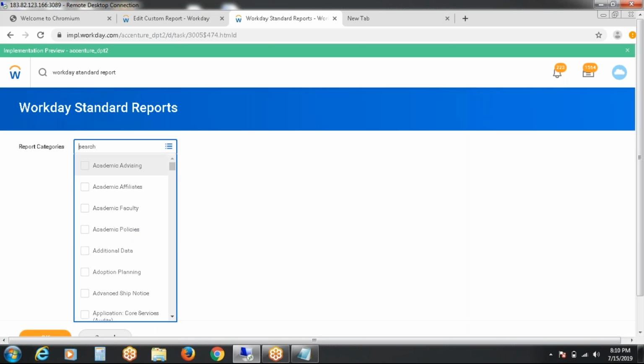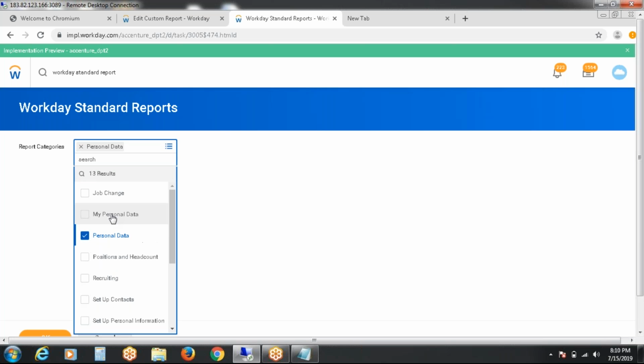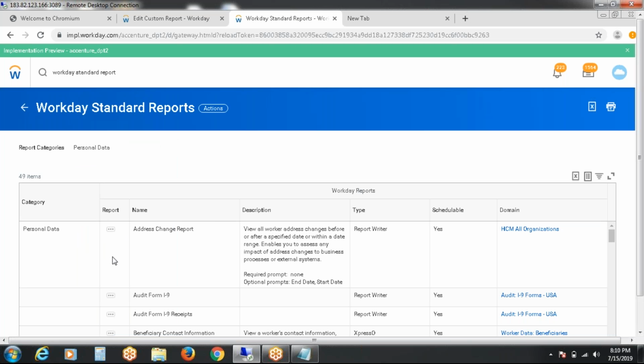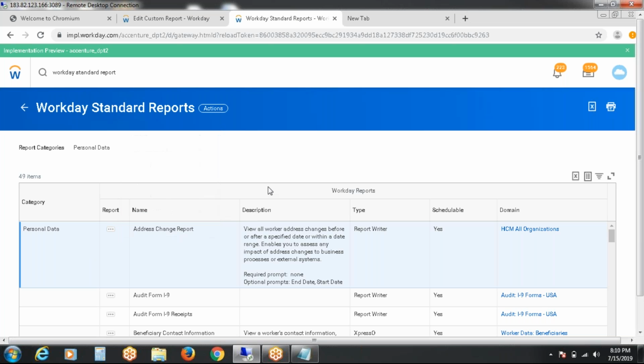I'm going to show you standard reports. See, these are standard reports of personal data. If I want to change address related data, here I will run the report. See here. I don't know whether I have explained this thing or not.